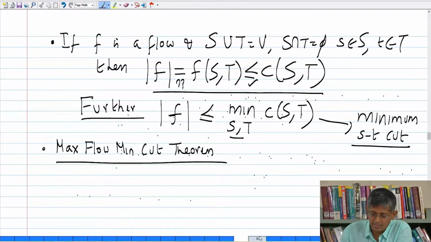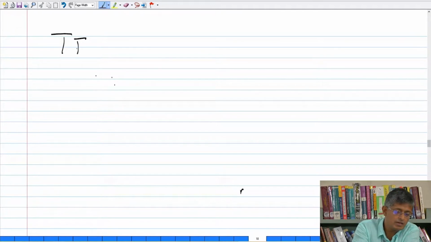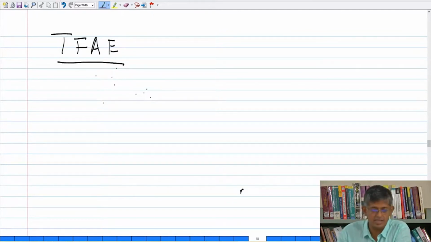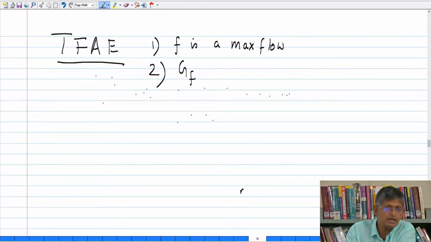That deserves a new page. It says the following are equivalent. The following three statements are equivalent. The first one, F is a max flow. 2, GF